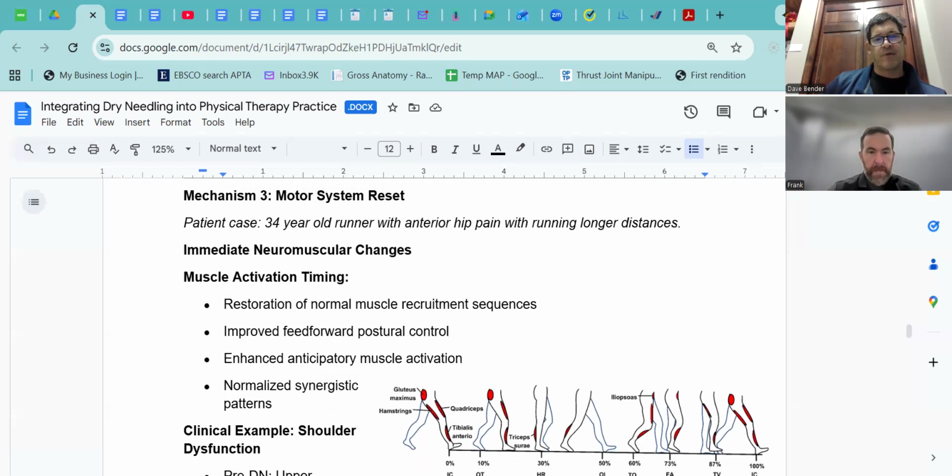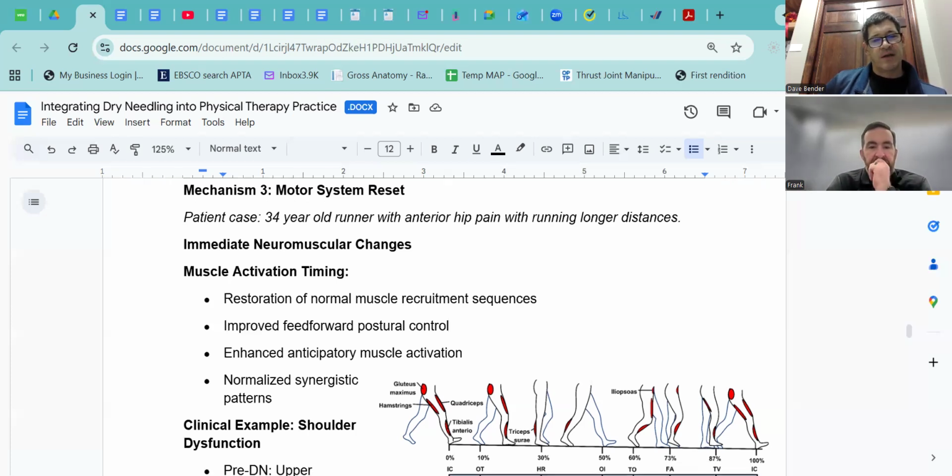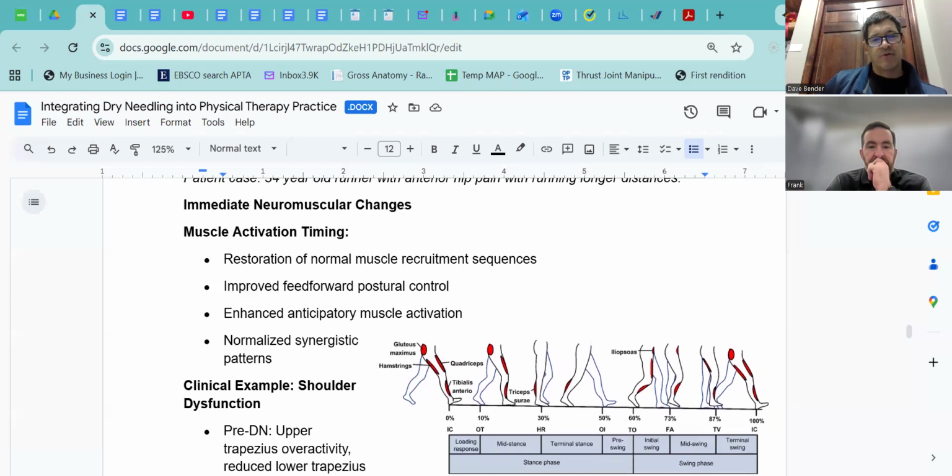So, mechanism number three, it's a motor system reset. Okay, so we have a 34-year-old runner with anterior hip pain with running longer distances. Some of the immediate neuromuscular changes that we may see are in muscle activation and timing, restoring the normal muscle recruitment sequences. So with this anterior hip pain, if we have, let's say, glute inhibition going on as they're